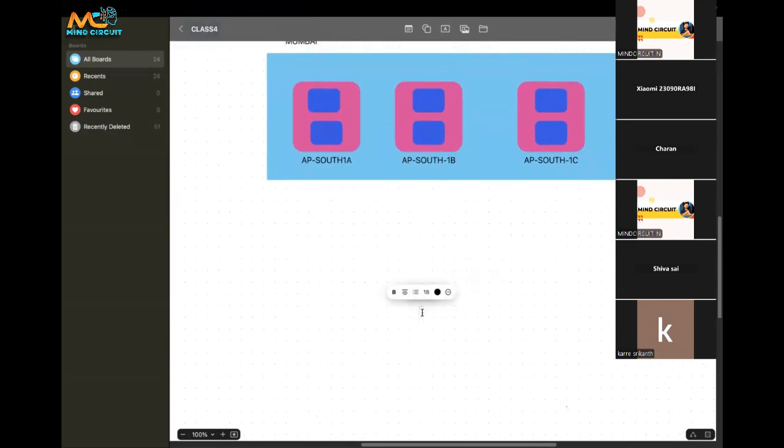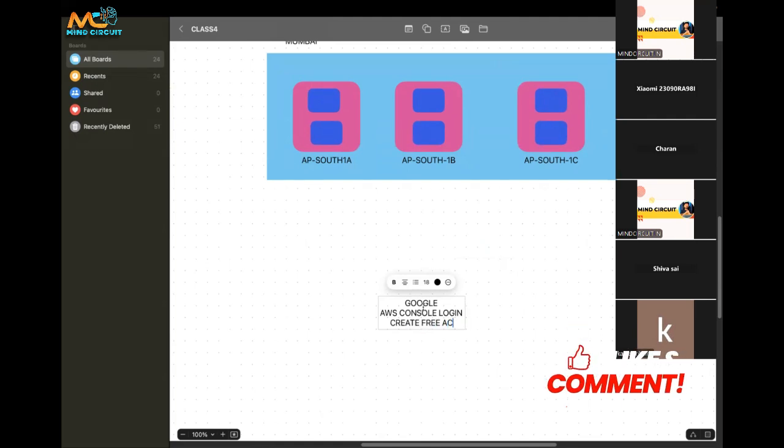Step one, go to Google and type AWS console login. Then go to the first link itself. There, you might have an option like create free tier account,